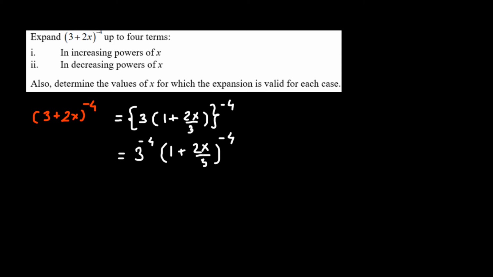Now this is in the standard form of the binomial theorem for any index. Then we're going to expand it. So this will be 3 raised to the power of -4, the 1, which is the first term, plus nx. So our n here is -4 and x here is 2x over 3. So this is our second term,